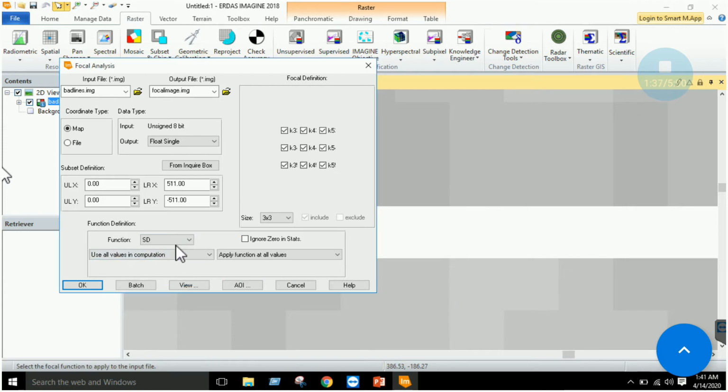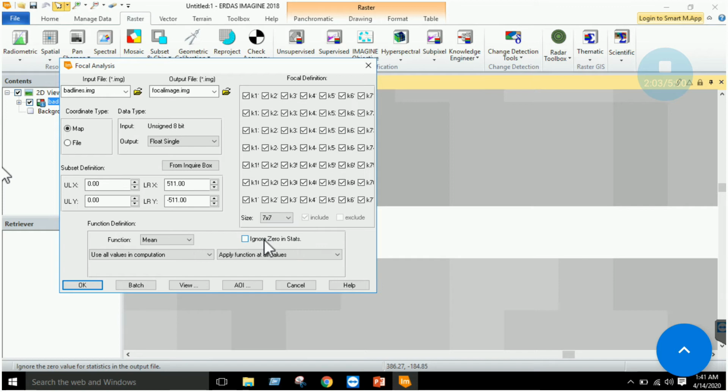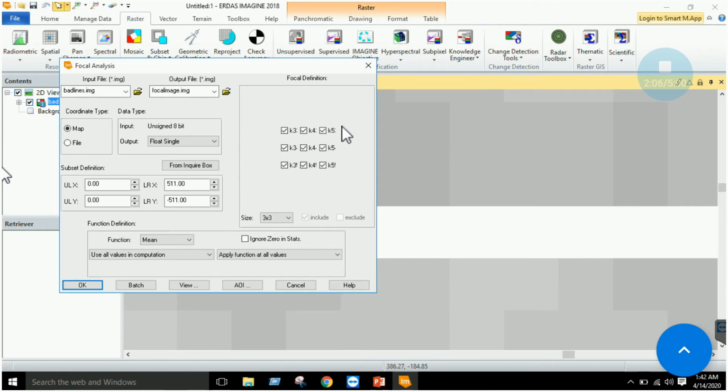Similarly, if you want to use the standard deviation, the sum, the difference, max, minimum, all of these options are available. So it will be using these values based on this window size. If you are using a 3 by 3 window, it will take the neighboring elements displayed over here. Similarly, in a 5 by 5 window, the number of cells for this computation will increase. Similarly, in 7 by 7, more cells will be included, right? So in this you have neighboring 3, 4, 5, 6, 7, 8.